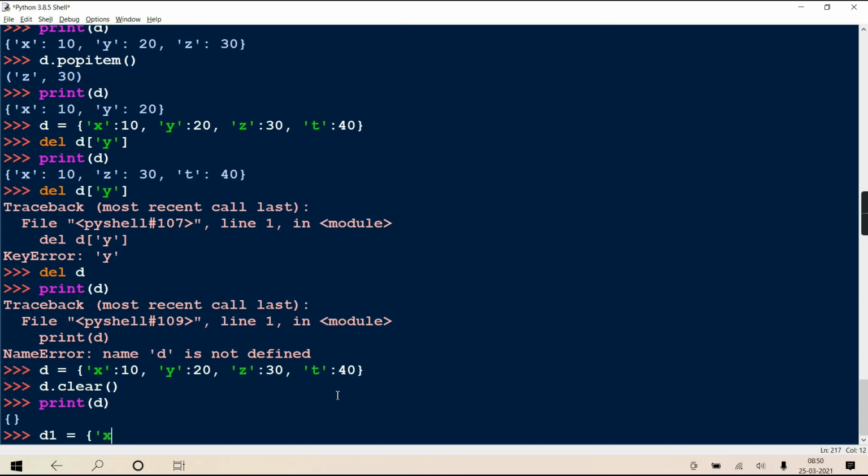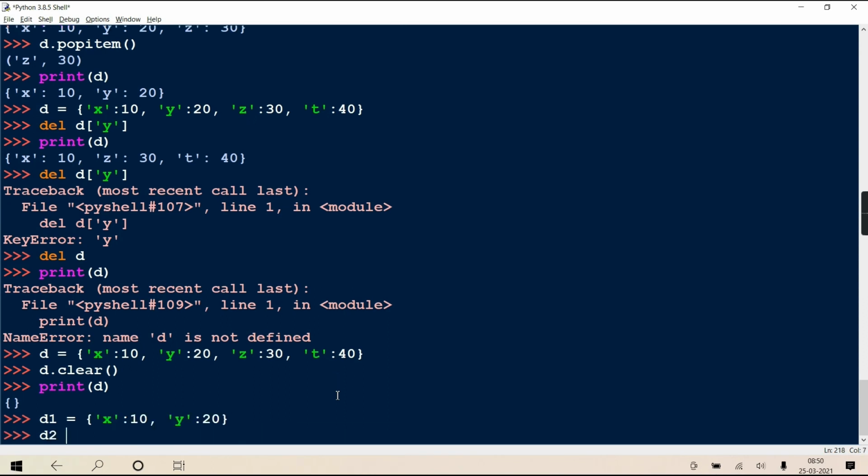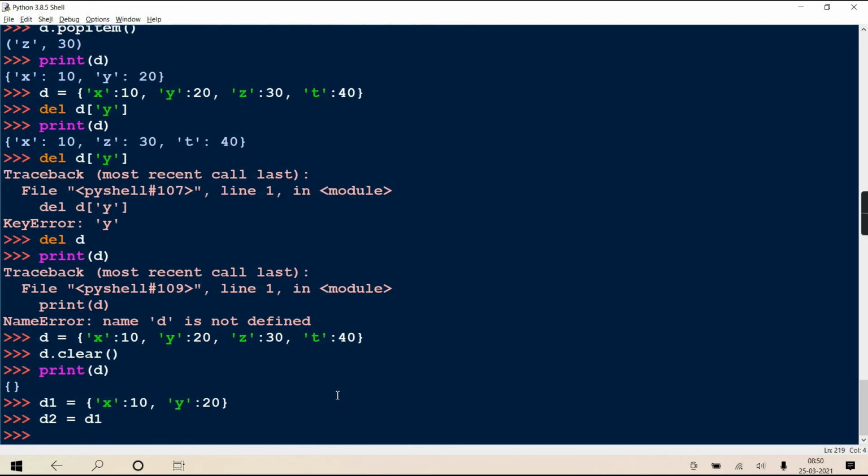Suppose this is your dictionary, and when you assign it to another, D2 equal to D1, D2 is not going to get created as a new dictionary. Means a separate memory is not allocated in which the same key values of D1 are present.